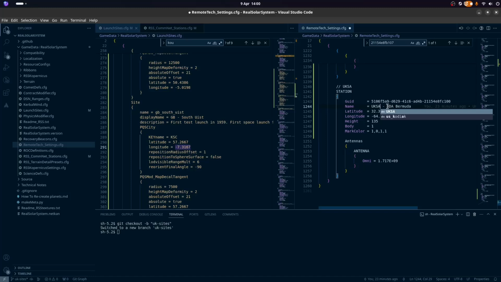So I'm going to name this Castor, which is the Chilbolton Advanced Satellite Tracking Radar. Now, need to find out where that is. And here we are.